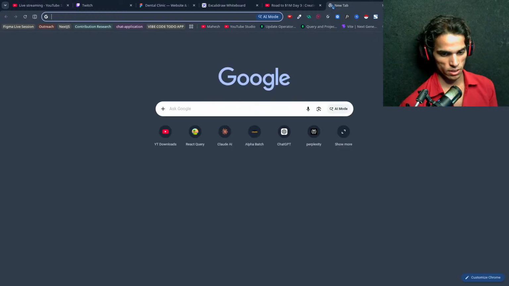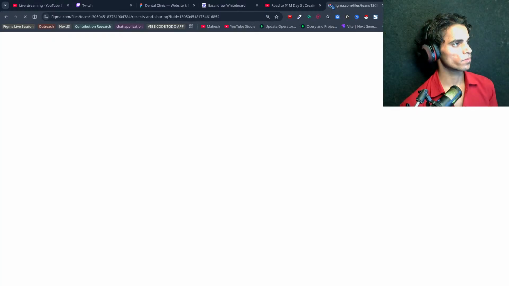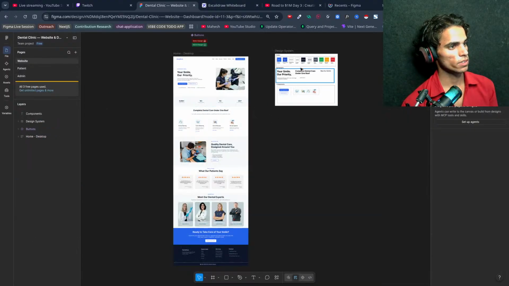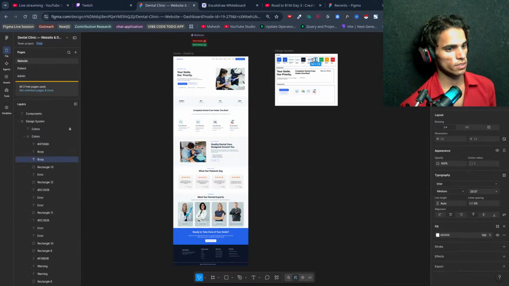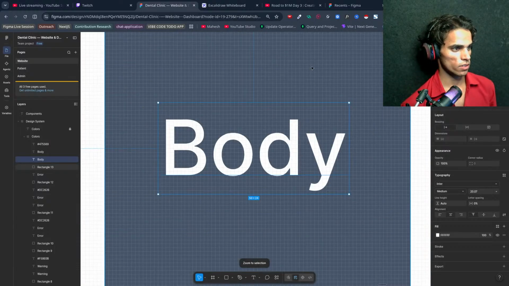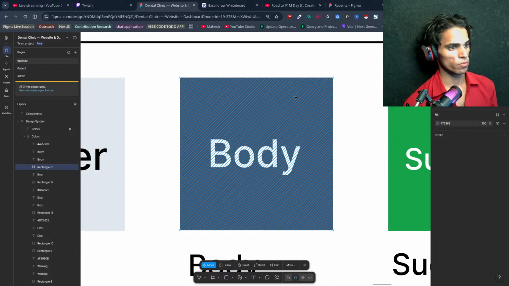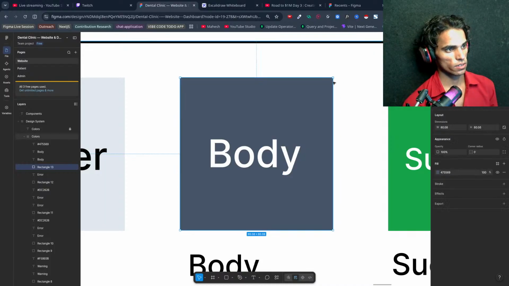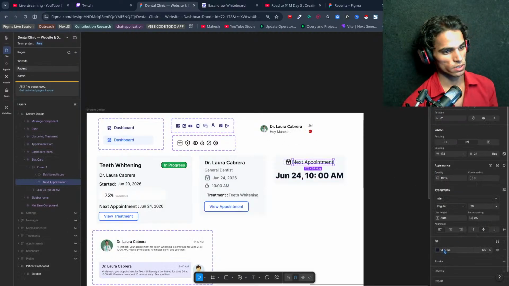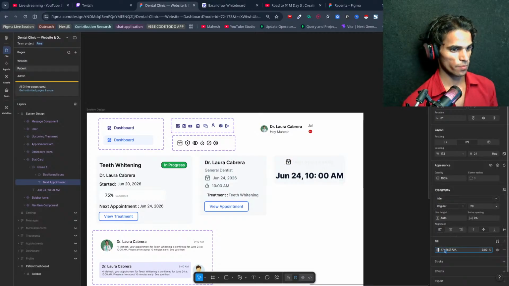Let's open another Figma design, or you can also directly view this page. I would like to copy the body's color, so let's copy this and use this for this text. Okay, this will be 100.